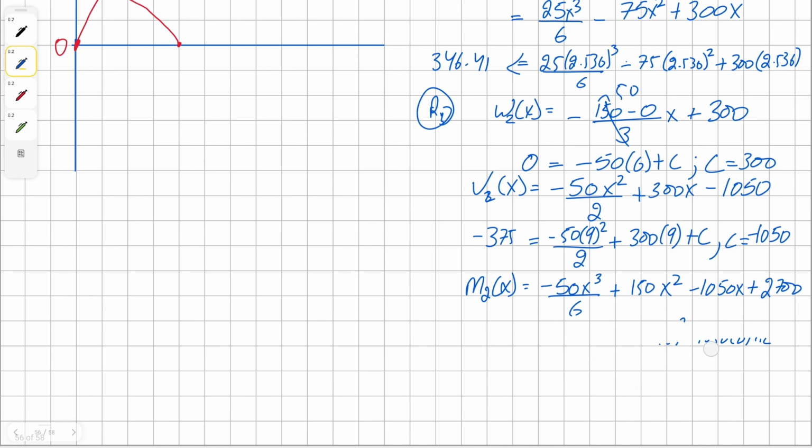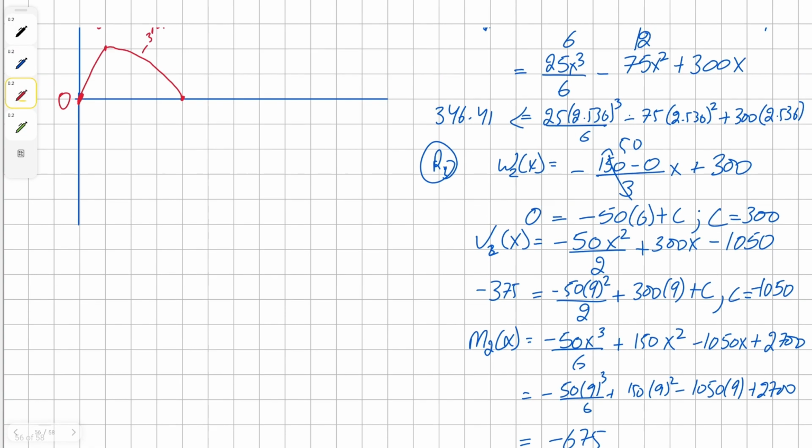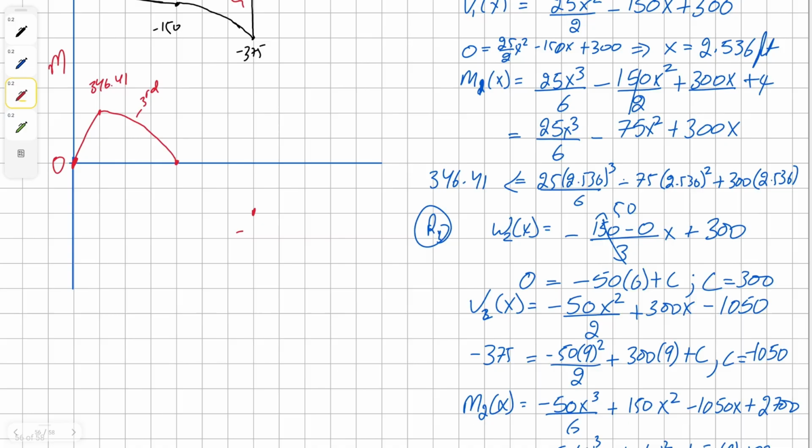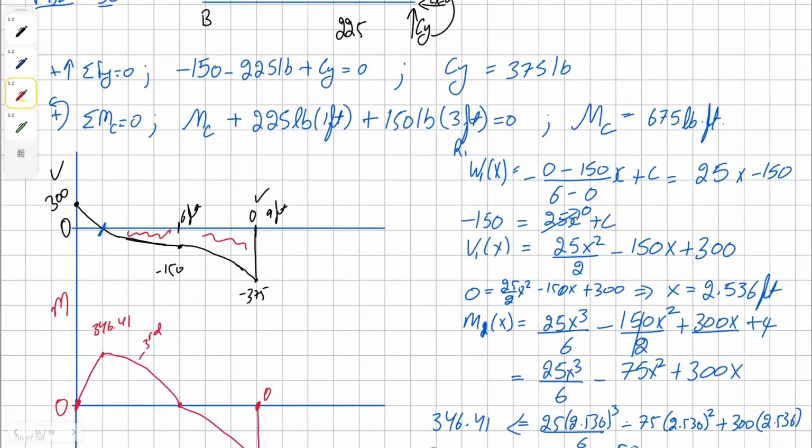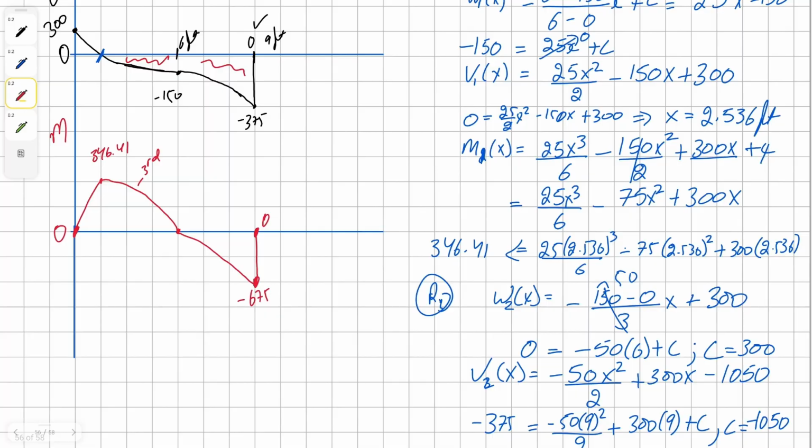Now we can plug in the value of 9 to find our solution for the moment. It's going to be negative 50 times 9 cubed divided by 6 plus 150 times 9 squared minus 1050 times 9 plus 2700. And our solution comes up to be negative 675. So we're going to take our moment curve all the way to negative 675 at the 9 feet mark. And this curve is going to be second order and concaving downward. And then at point C, the moment, which is also 675, will take us to 0. Anyways, we could have just used this value of moment C to determine, but I just wanted to show you that there are more than